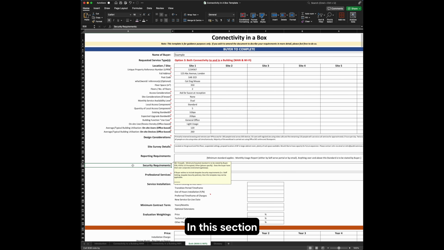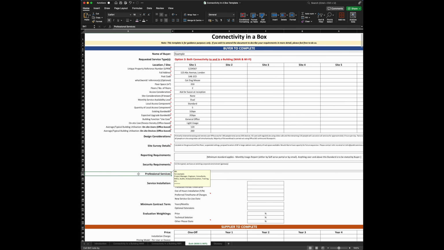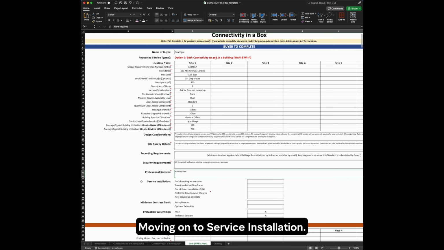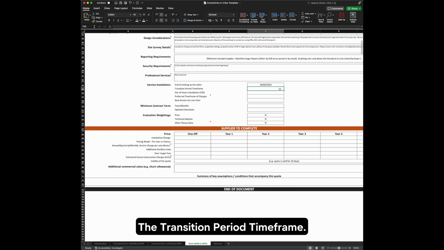In this section, you can enter the minimum required standard for security requirements. Please note, if you wish to include any bespoke security requirements or policies, then this template may not be suitable. If you would like any professional services, such as a project manager, consultant, or additional training, please enter those here. Moving on to service installation. Here we will enter the end of our existing service date, the transition period timeframe, if out of hours installation is possible or not,